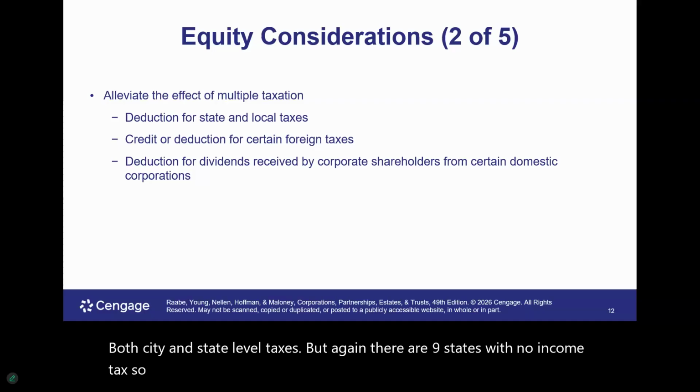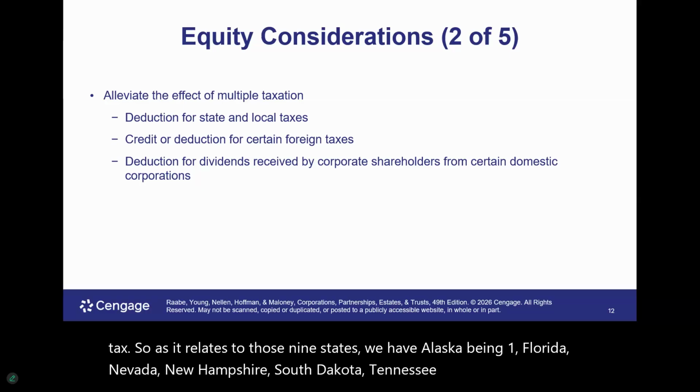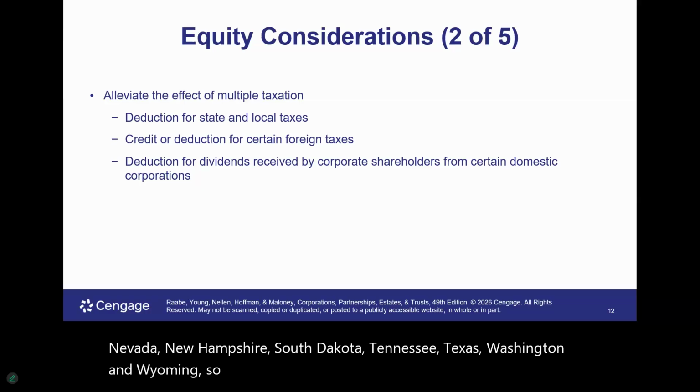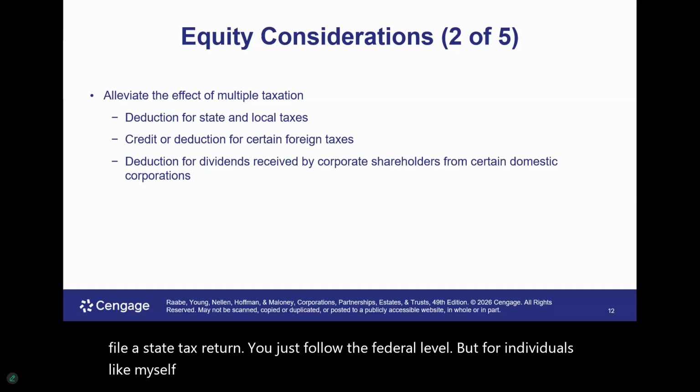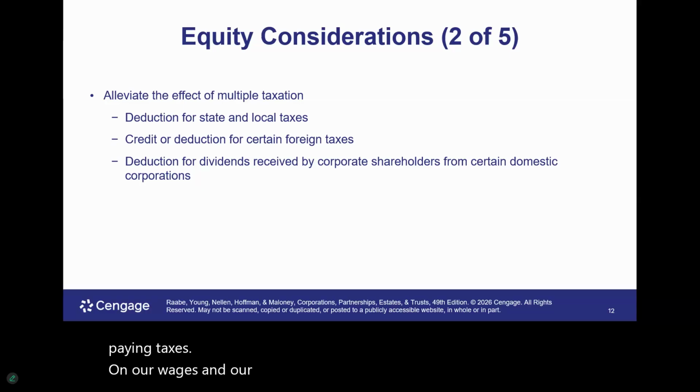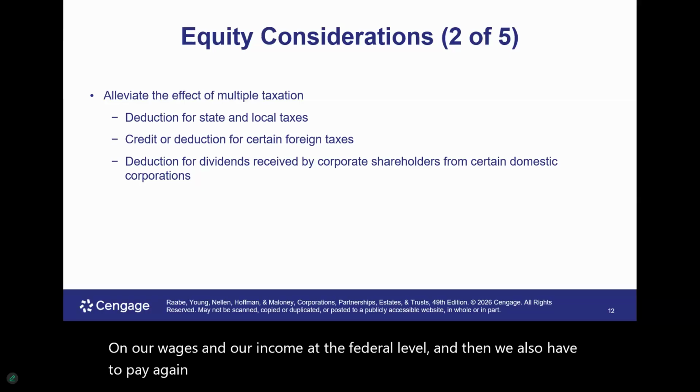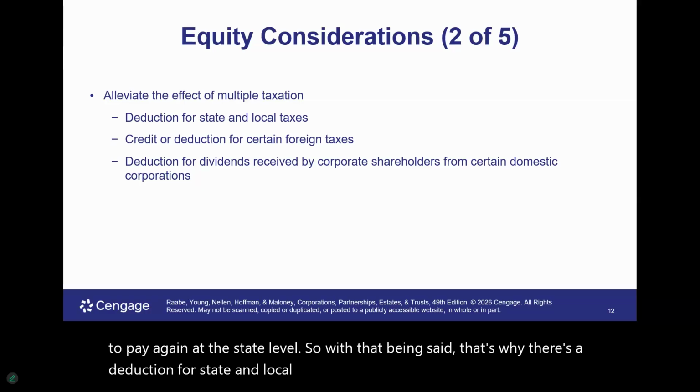As it relates to those 9 states, we have Alaska being one, Florida, Nevada, New Hampshire, South Dakota, Tennessee, Texas, Washington, and Wyoming. So if you live in any one of those states, you don't need to file a state tax return. You just file at the federal level. But for individuals like myself that live in the other 41 states, we're paying taxes on our wages and our income at the federal level, and then we also have to pay again at the state level. So that's why there's a deduction for state and local taxes to help alleviate the effect